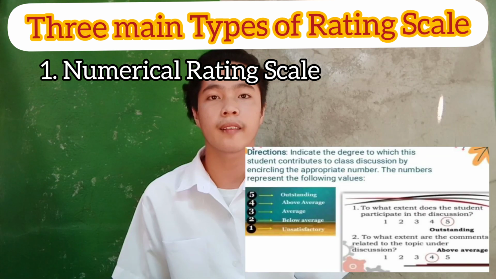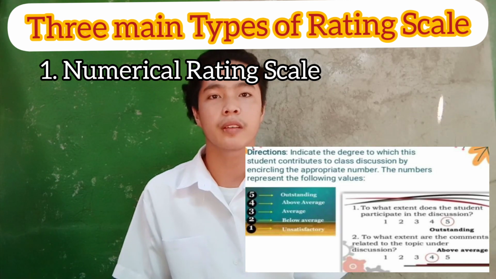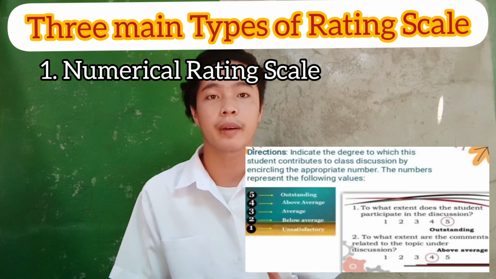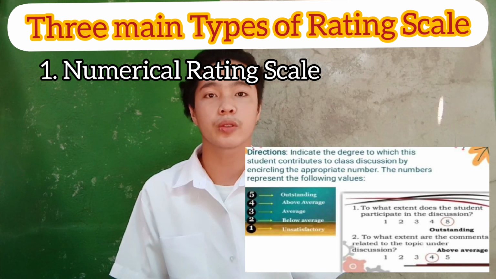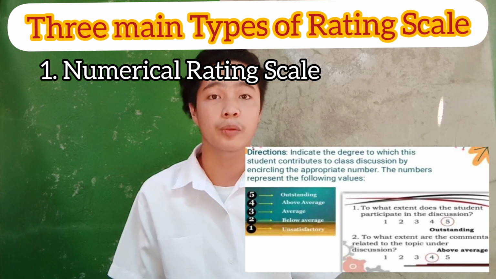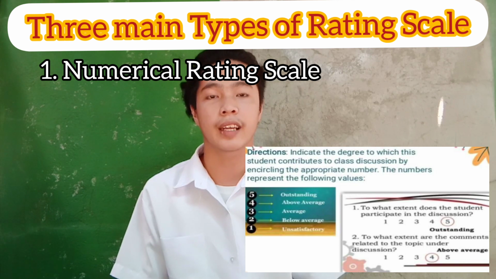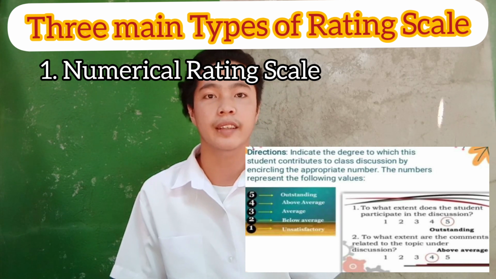Dito sa numerical rating scale, nire-rate mo yung learner based sa performance na ipinapakita niya by means of numerical values. So sa first question, to what extent does the student participate in the discussion? Kung laging nagpa-participate o nagpre-recite yung bata during class discussion, then the teacher will rate him or her as outstanding or number 5. So kung yung performance ng bata or participation during the class discussion is average, then encircle the